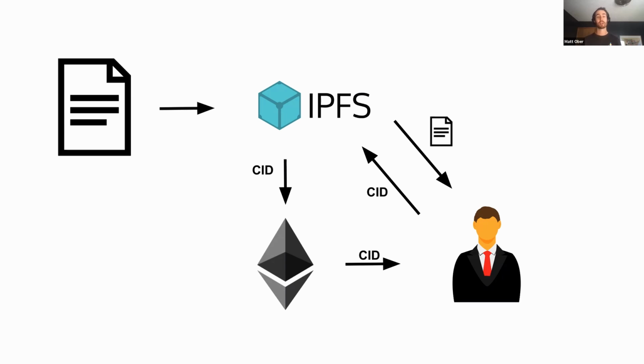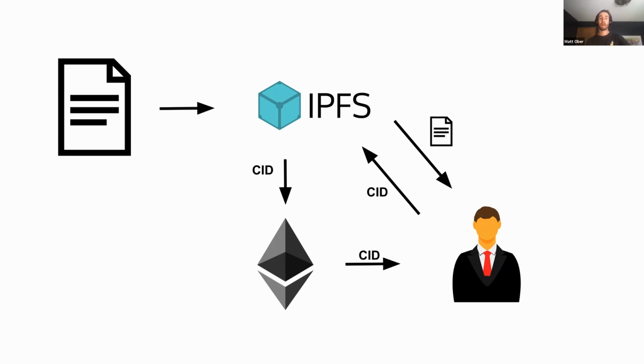And then in the reverse direction, this is the same as well. So at any point in time, if you want to ask the IPFS network for the content that relates to that CID, you're guaranteed to get back that same piece of content that was uploaded, as long as it still exists on the network. So in the example we're showing here, let's say an application uploads a file to IPFS,